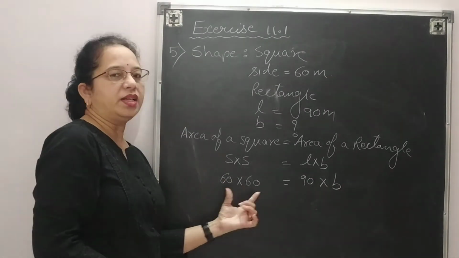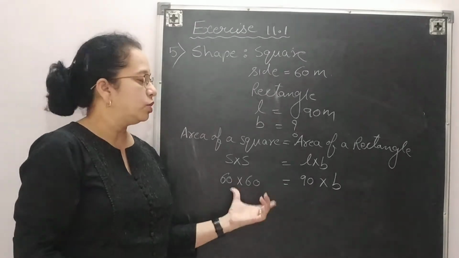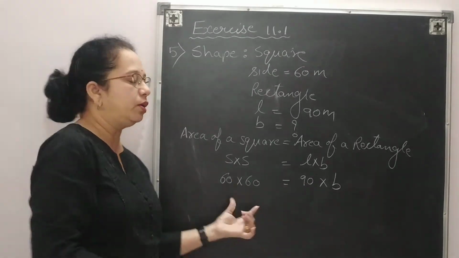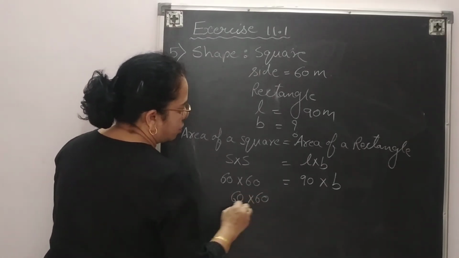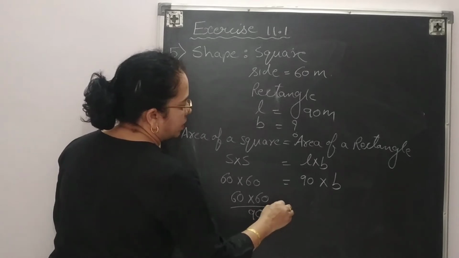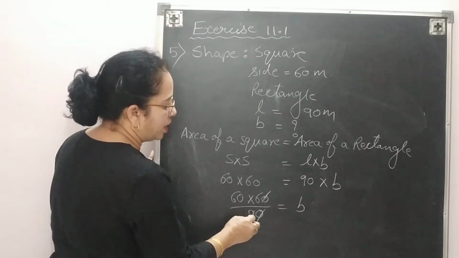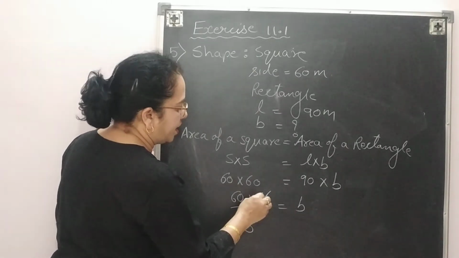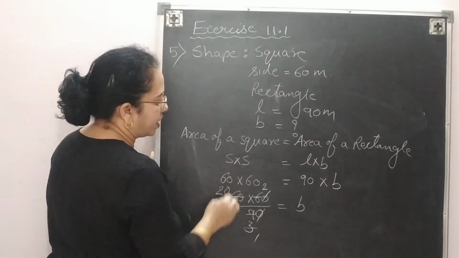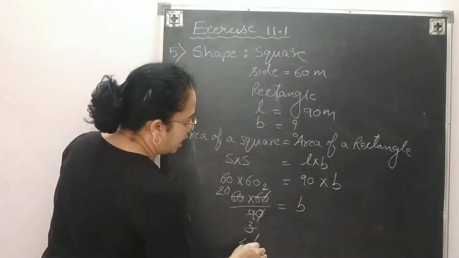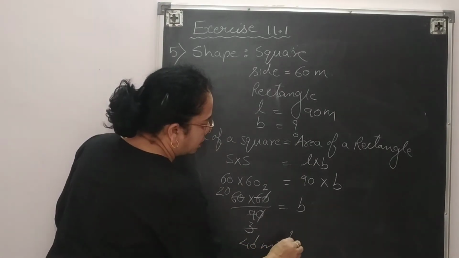You can multiply this and you can divide by 90, but unnecessarily you are making it complicated. So it's better just shift 90 to the left hand side. So 90 was in multiplication. So now here it will be in division is equal to breadth. You can cut. The number is divisible by 3. 3 3s are 9. 3 2s are 6. 3 1s are 3. 3 2s are 6 and 0. Multiply the remaining number. So you will get 40 meter as a breadth.